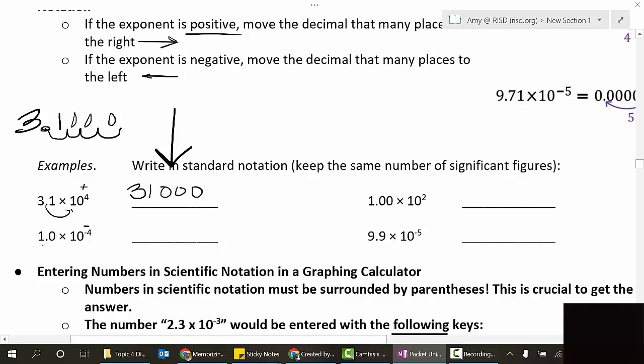All right, and then the one at the bottom, because it's a negative exponent, 1.0 times 10 to the negative 4, negative exponent, we're going to move the decimal to the left 4 times. So 1, 2, 3, 4. Fill in the little loopies with zeros. So 0.00010. Why did I keep the extra 0 at the end? Because it was there to begin with as a significant digit. If I look at my original number, it had 2 sig figs, 1, 2. And so the way I write my number in the end also needs to have 2 sig figs,